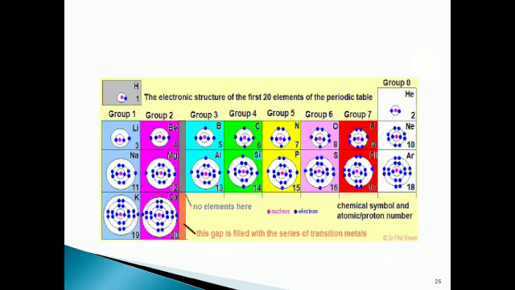Here you can again observe the same thing which I had already explained earlier: in the group, the number of electrons and the number of shells are increasing, and as we go from left to right the number of electrons is increasing. So the metallic character of an element increases while going down the group, and we see the tendency of an atom to lose valence electrons decreasing within a period from left to right.